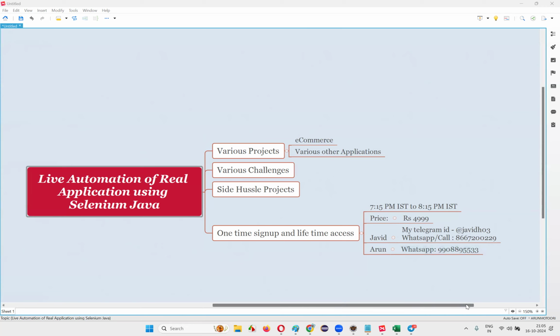Our framework concepts are going on in the evening hours in the current batch. You don't even have to wait so long for the next batch. How to enroll? You need to message and call Javid here. You can check the details of Javid, via Telegram or WhatsApp. You have to reach out to Javid. Sheetal, clear na?